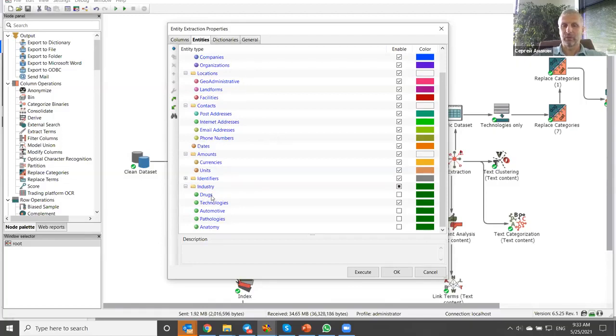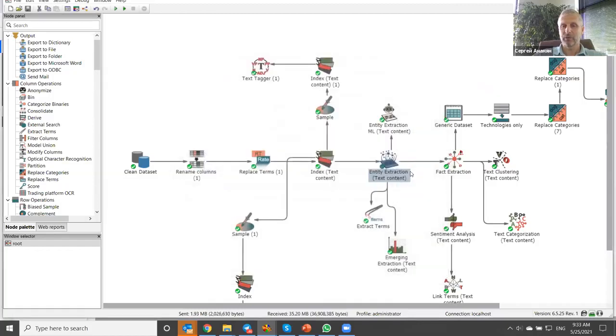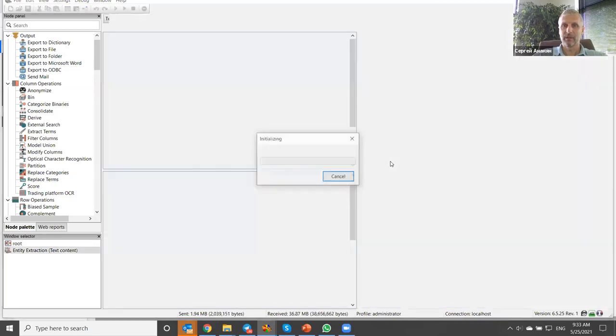As standard entities, we can extract drugs, technologies, automotive, pathologies, anatomy, so these are different technology and medical field related things. That's where we have lots of customers. On the output, the system will be generating the entities.